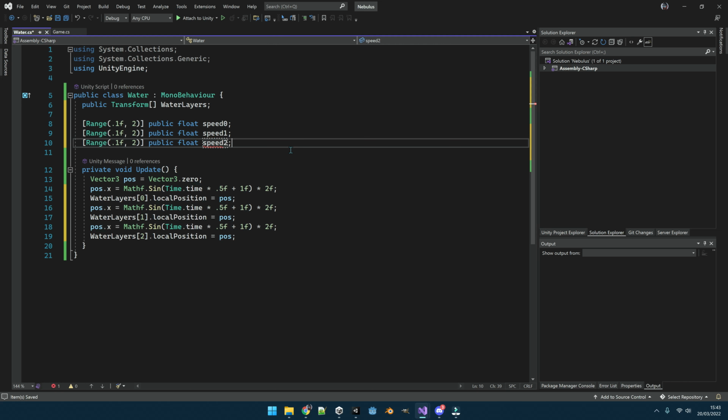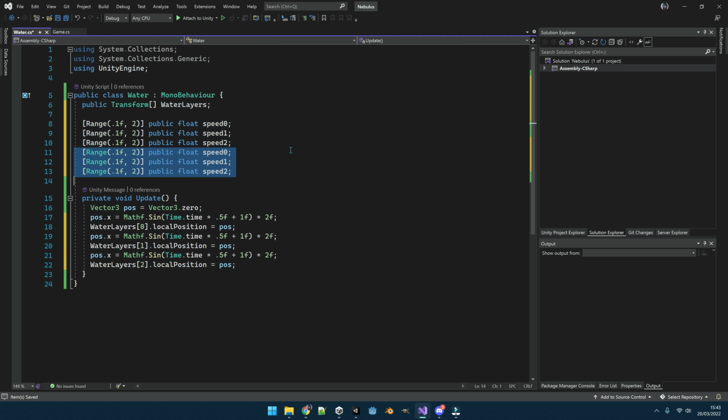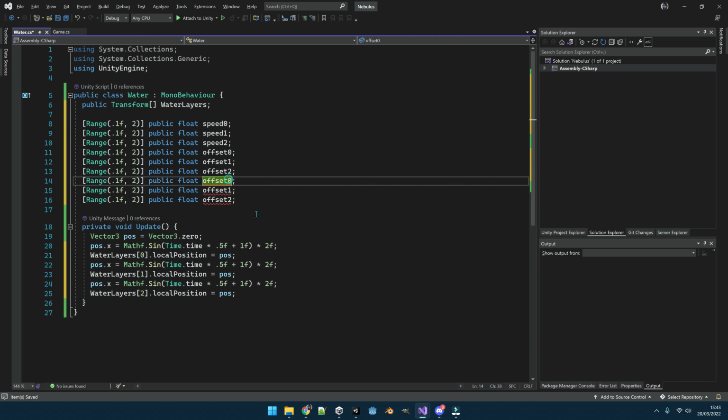Speed 1, speed 2. Some offset and some size. And we will change this to